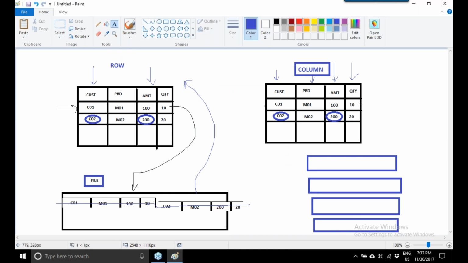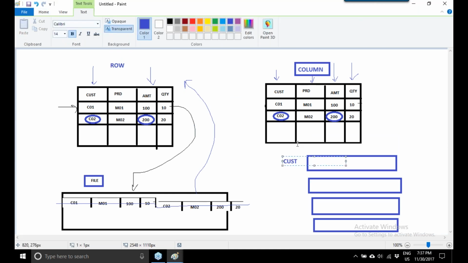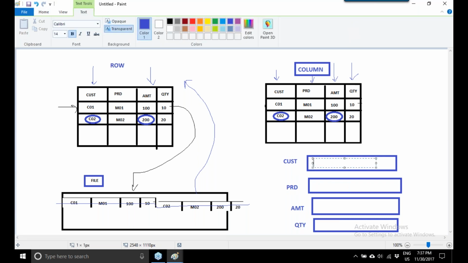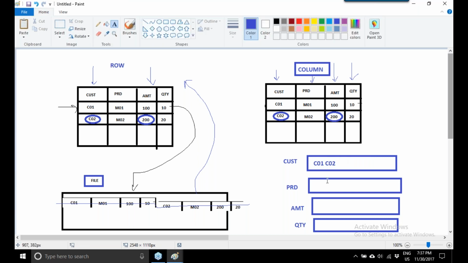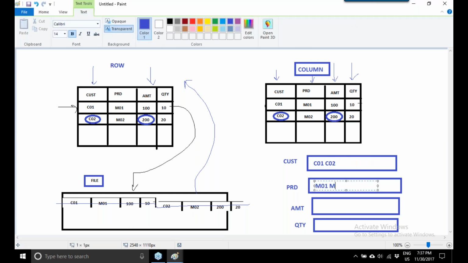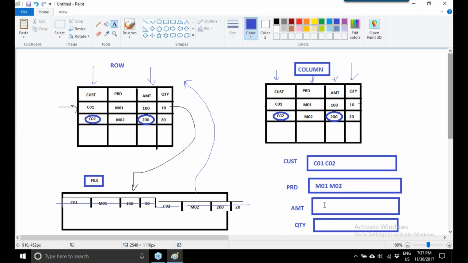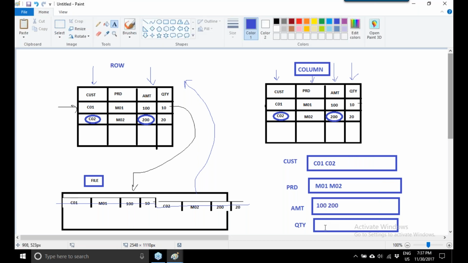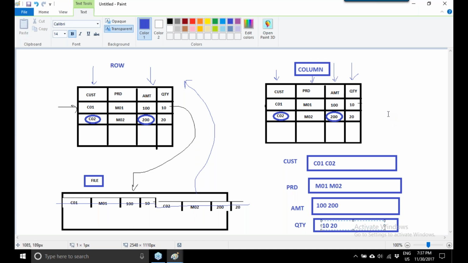The first file is the customer file, the second one is the product, the third one is amount, and the fourth one is quantity. In the customer file, you have C01, C02. On the product, you have M01, M02. Amount, you have 100, 200. And quantity, we have 10 and 20.